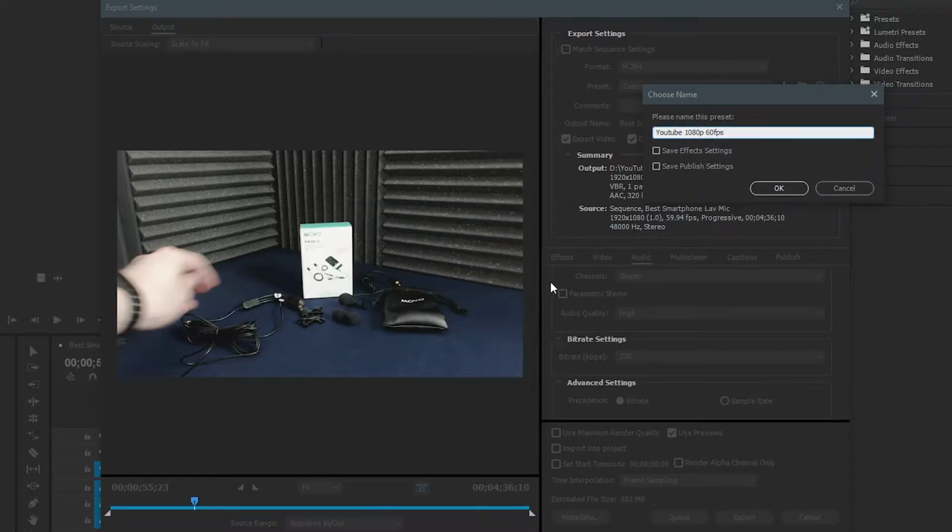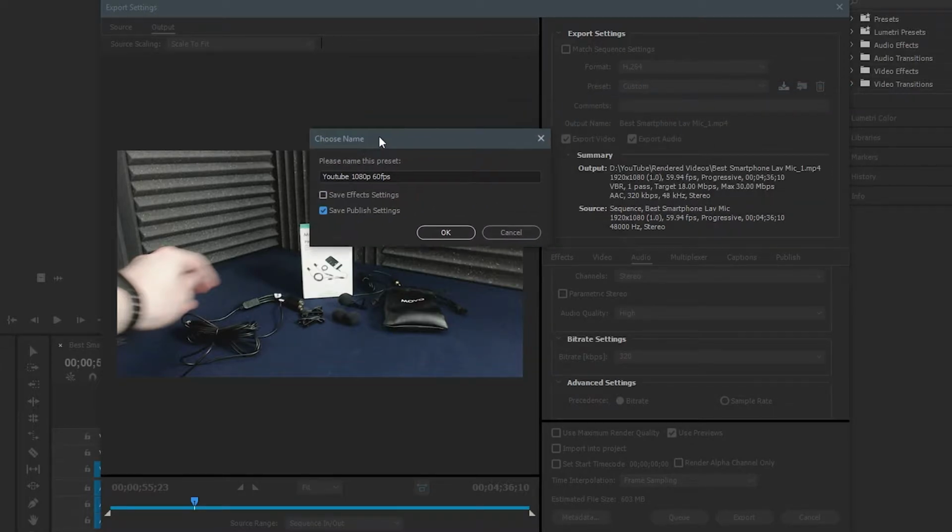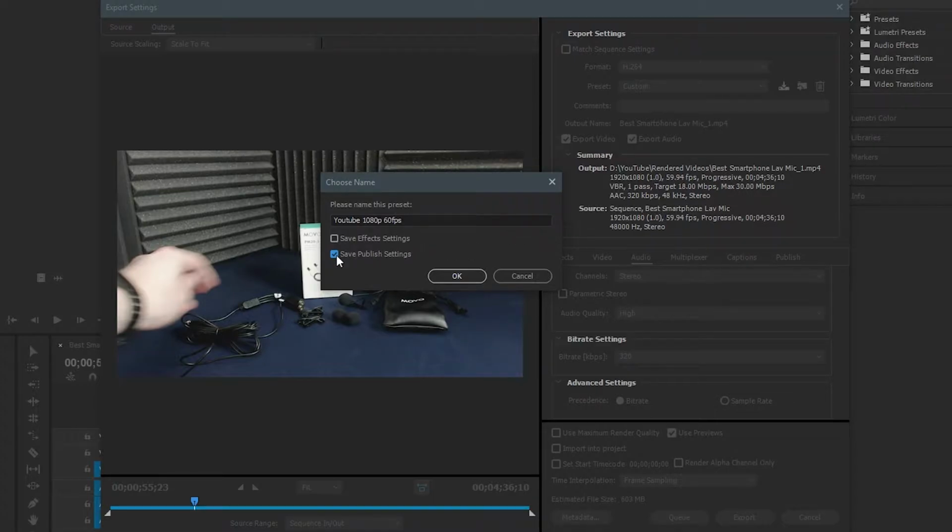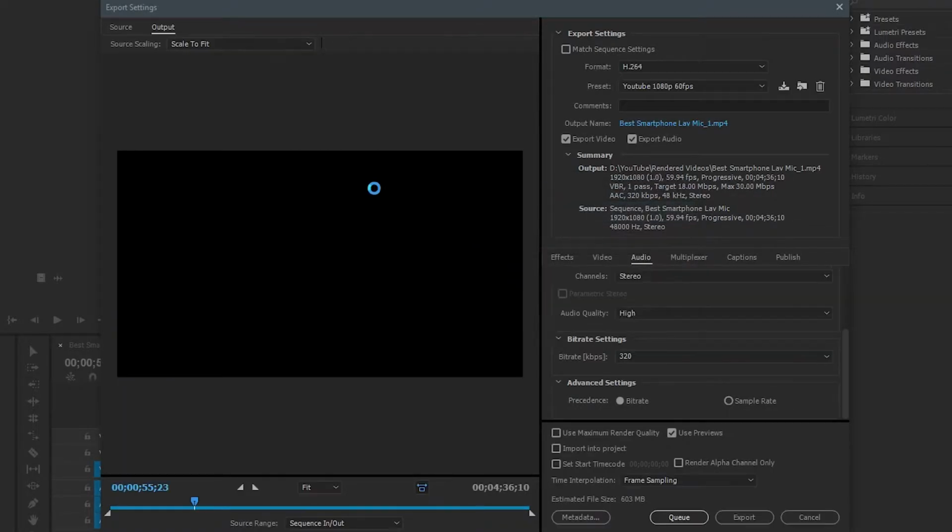And you could also save the effects settings as well. So if you add a certain lookup table or color correction to that, you can say, hey, every single time I render with this, I want to use those effects. If not, you don't have to select those. Or like with the upload through the publish, if you wanted to always upload to YouTube afterwards, you could select that. I don't select these settings, but after you get that done, you select OK, and as you can see,